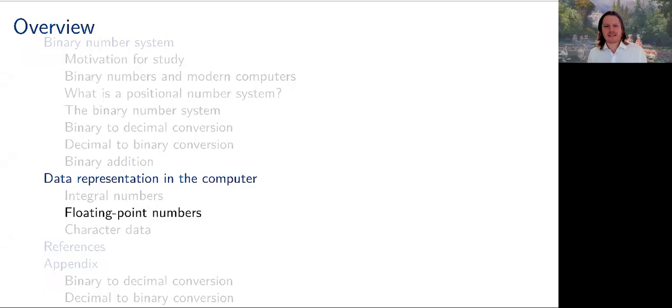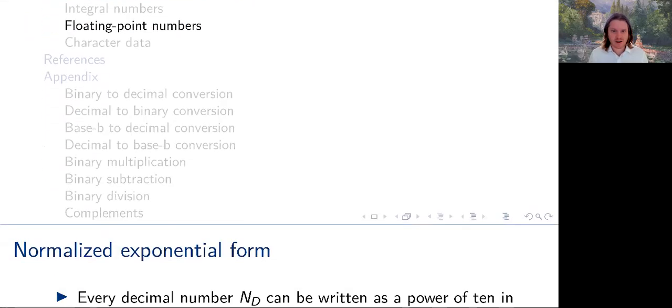Howdy and welcome back. I'd like to continue on our journey of data representation in the computer by discussing floating point numbers. I know the integral numbers took a little time, particularly when we were discussing 2's complement. I'm not going to go into as much detail when we're discussing floating point numbers. There's a couple of key takeaways that I'd like to point out, but we'll hopefully get through this with a